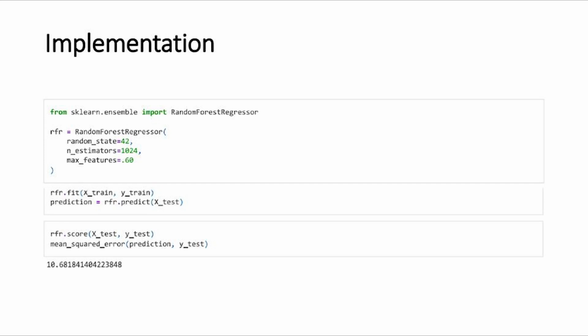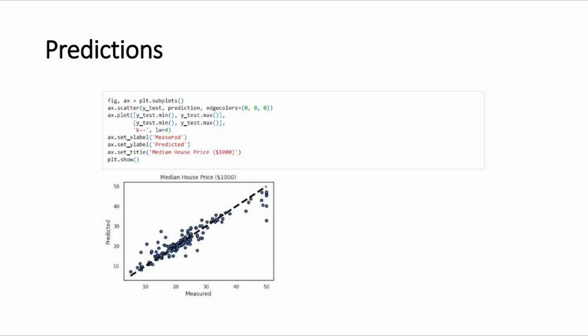So this is a quick way to implement random forest regressor. Now we will try to display the predictions on a scatter plot. So here we will be using the subplot method from matplotlib's library, and we'll be plotting our prediction points over the actual ones. So the points falling on the line or falling close to the line are the ones that